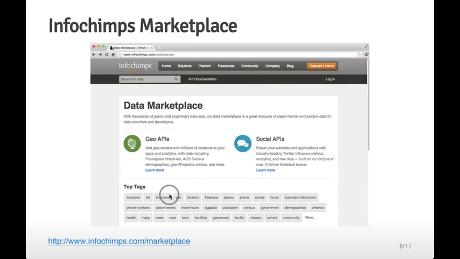They have data sets about businesses and locations, and they have information about facilities and schools and communities and so forth. Some of these data are free, and so you can access them directly. Some you can access through an API, either for free or for a cost. And some of the data sets you actually have to pay for. I mean, they are a company, and so they're trying to make money. So you should pay attention to which data set you're trying to access, and they'll, of course, let you know